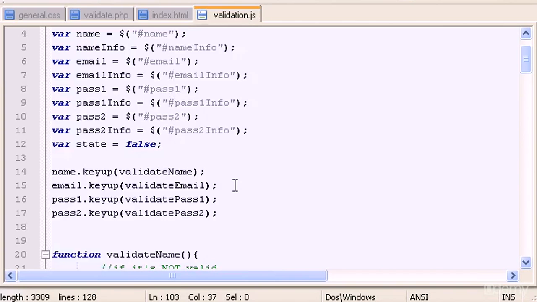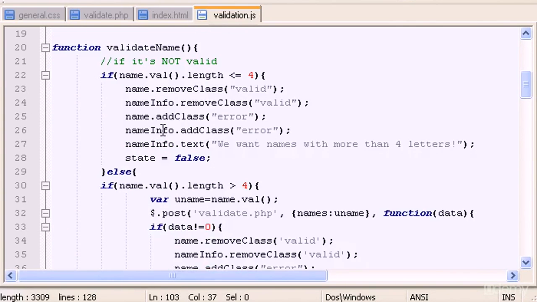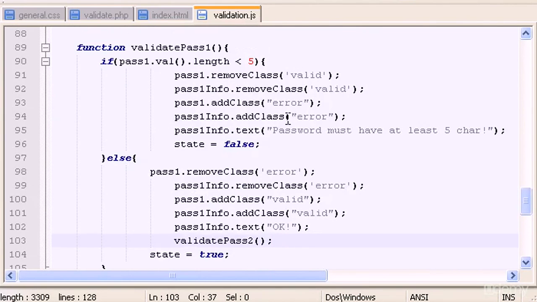So I'm also going to create a new function to check if all these functions return the class valid, okay, which means it checks if all the inputs are in green or are valid,